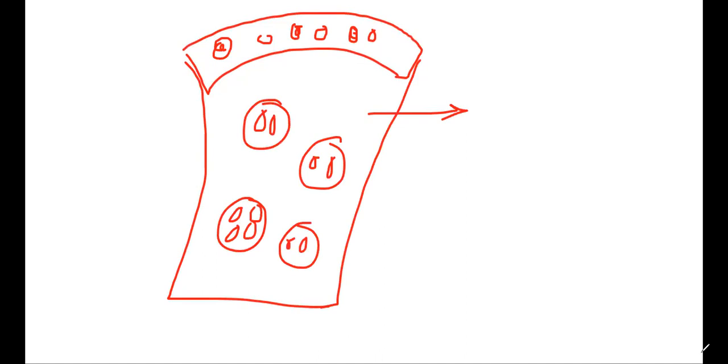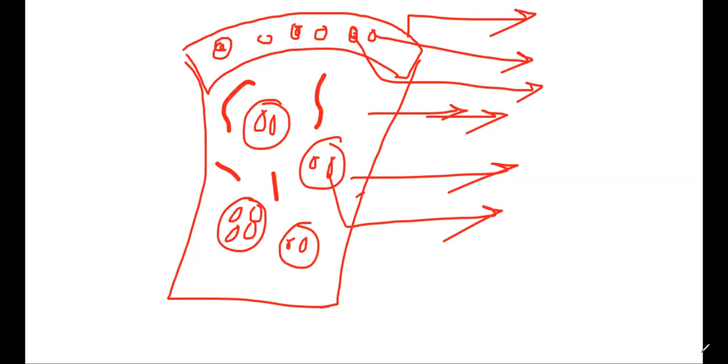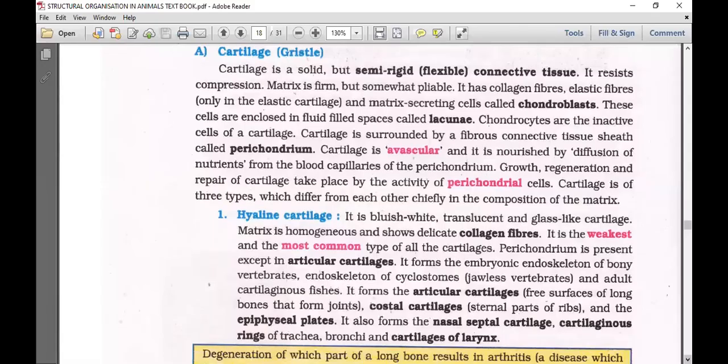So, if you are able to label this, that means you can write perichondrium, perichondroblast cells, blood vessels, the matrix of the cartilage, chondrin, empty spaces, lacunae, the cells of the lacunae, chondroblast cells, inactive status, chondrocytes. Along with that, in the matrix, some collagen, elastin or reticular fibers are present based on the type of cartilage. Okay, so let's talk about the hyaline cartilage.